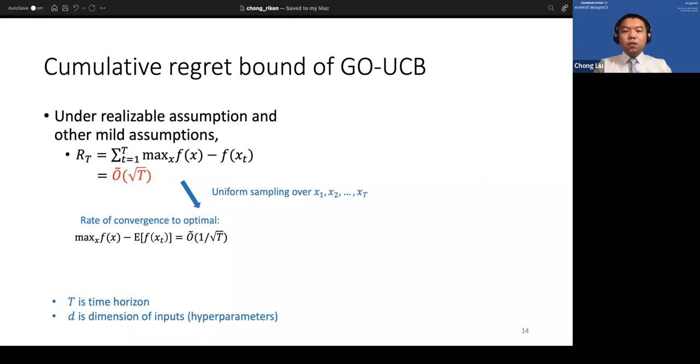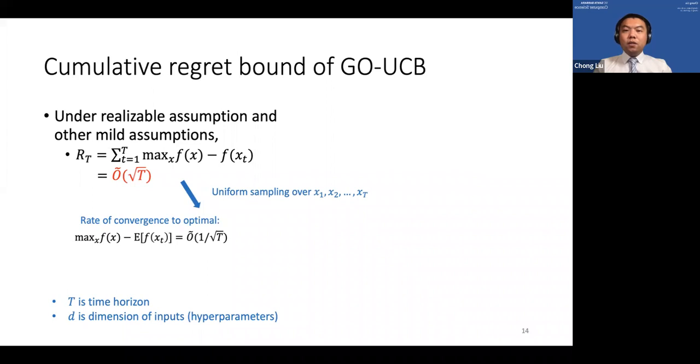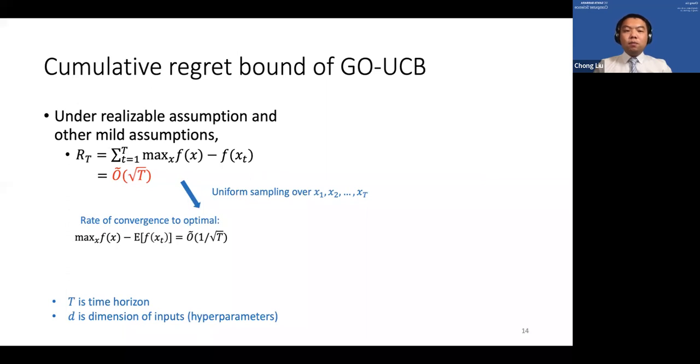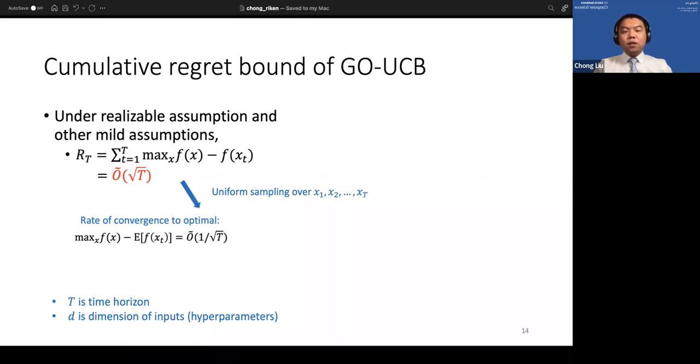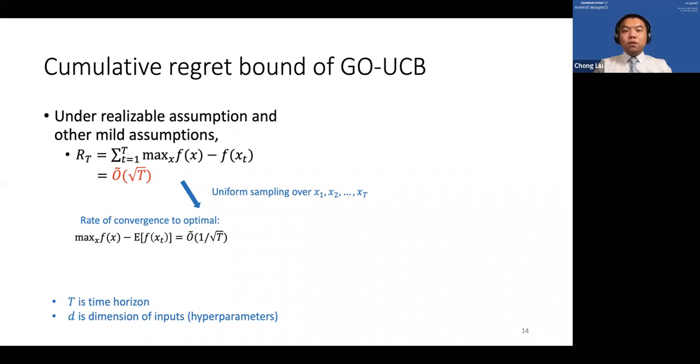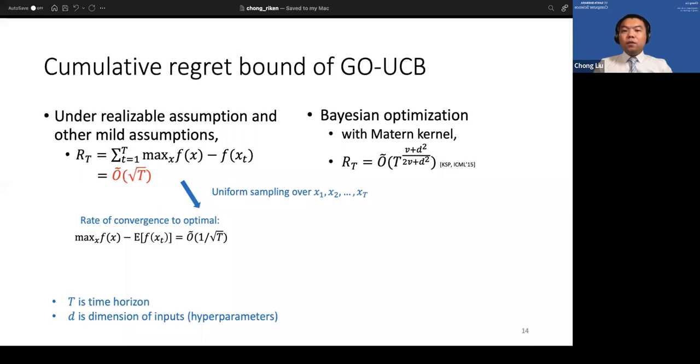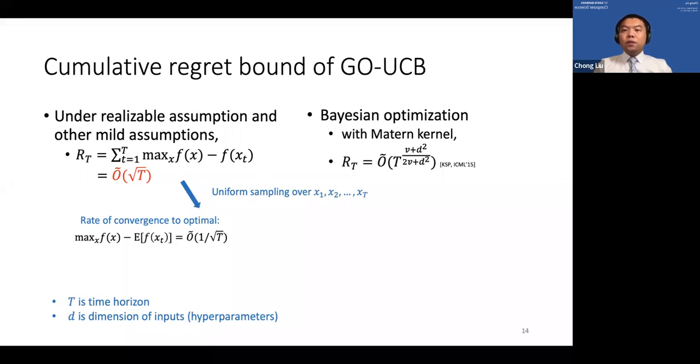Here is the convergence bound. Here the expectation is taken over the uniform distribution, and the first term, that is max over x of f(x), stays the same because that is a maximum value, right? And in contrast, in the Bayesian optimization, if the Bayesian optimization is working with the Matérn kernel, and here is